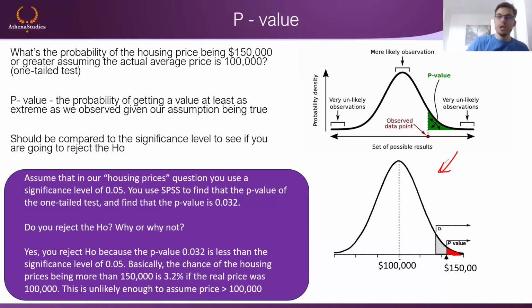So in an alternative universe, let's say I come to my mom and I say, you know what, mom, I'm 93% sure that you're right. My mom is going to say, not enough, son. We still think the average price is 100,000. Because my mom says I need you to be at least 95% sure. Okay, so that's the idea of the significance level.